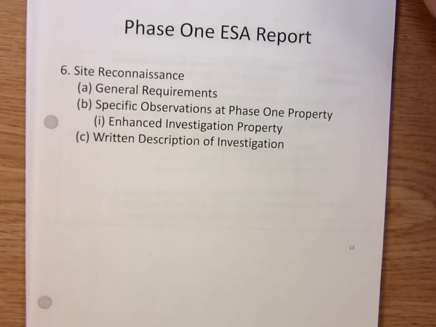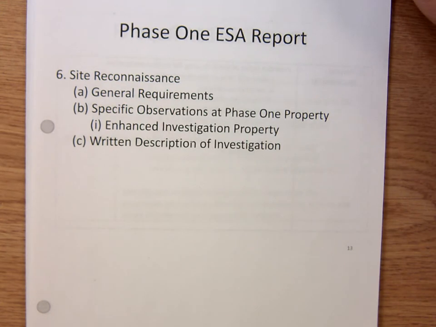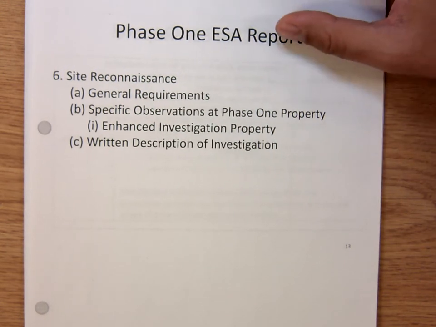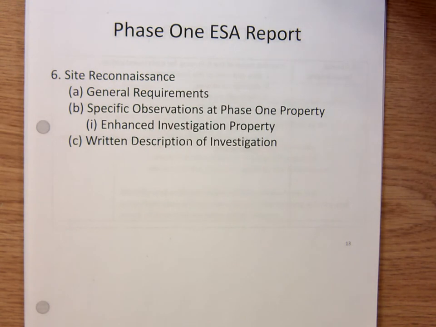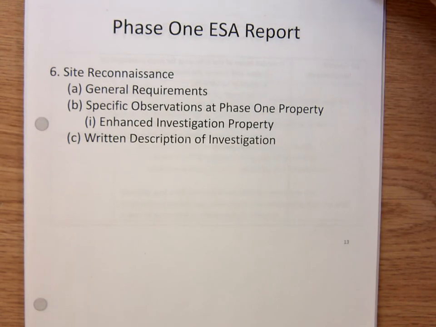The site evaluation is also very important. Site reconnaissance is very important, where you basically go to the site and visually evaluate it. What you will do in your site investigation is find out what the general requirements are. You also record specific observations that you want to find. For example, find out any evidence of activities, any evidence of underground storage tanks, or any evidence of damage. You want to record that here